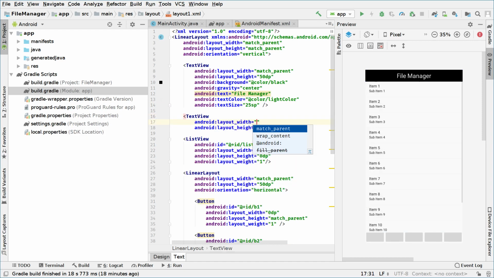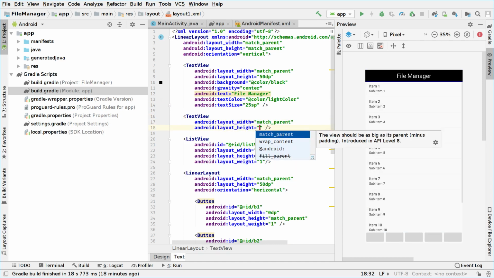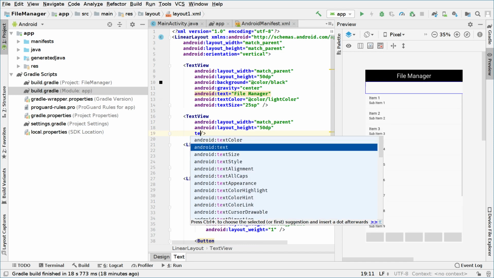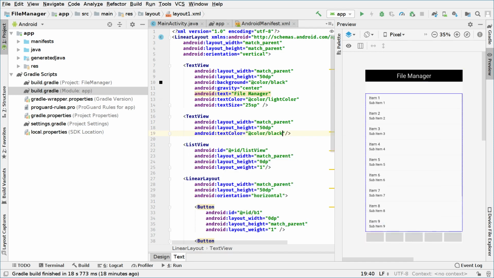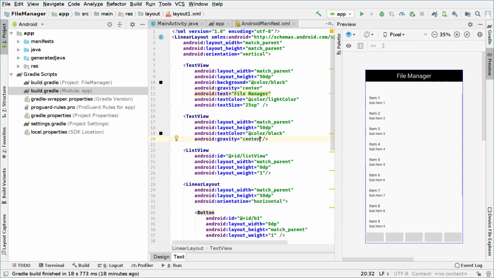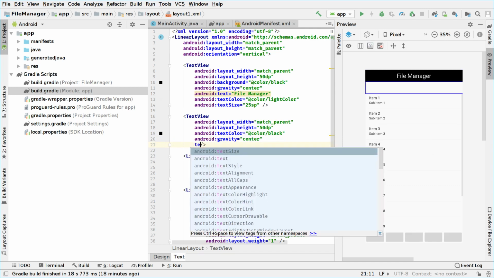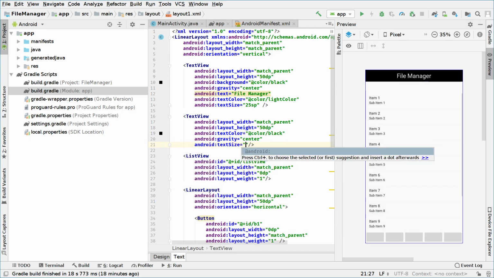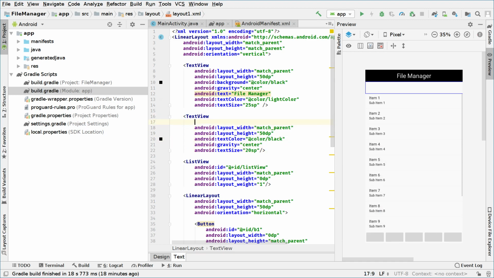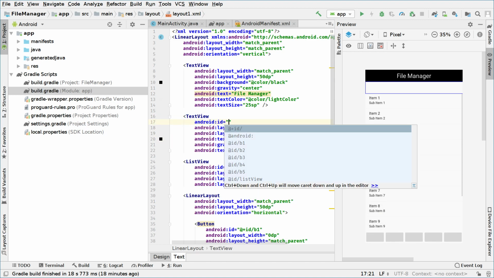The width will be match parent, the height will be 50 dp, and text color will be black, gravity will be center, and text size will be 22 sp, for example, or maybe even 20 sp. Okay, and the ID for this text view object will be ID path